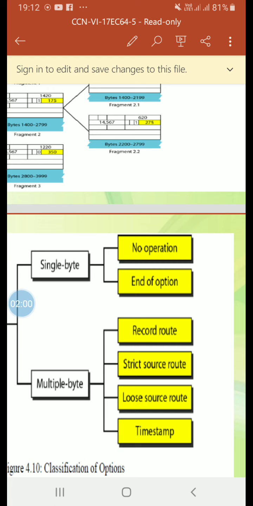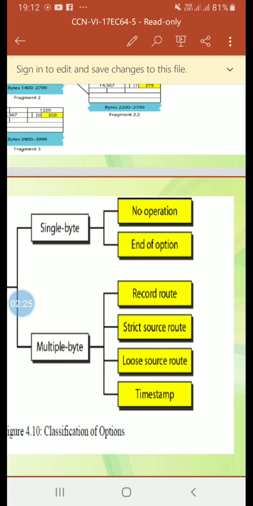Now we'll see strict source route. A strict source route option is used by the source to predetermine a route for the datagram as it travels through the internet. Dictation of a route by the source can be useful for several purposes.